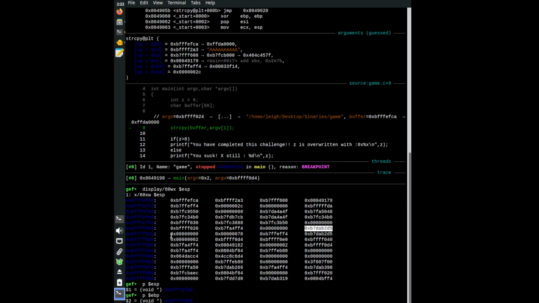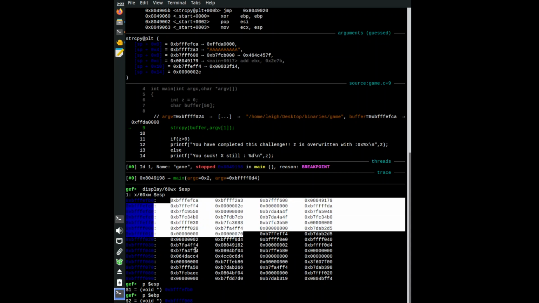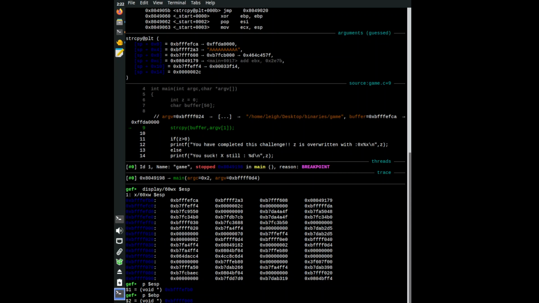So right next to it would be our argument count, and this here is our argument vector. So this here is our full stack. Now let's try to track down this Z. So I'm going to give you another command we haven't used in GDB yet, and that's print